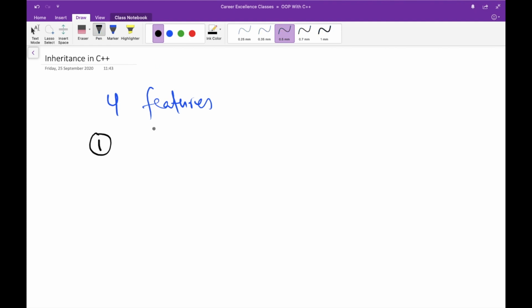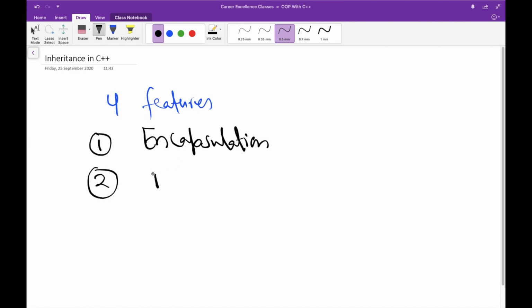One of them is encapsulation, which means you wrap up the data and methods inside one structure, that is class. Second, we talked about data abstraction, and in this case you are actually hiding the complexity from the user.